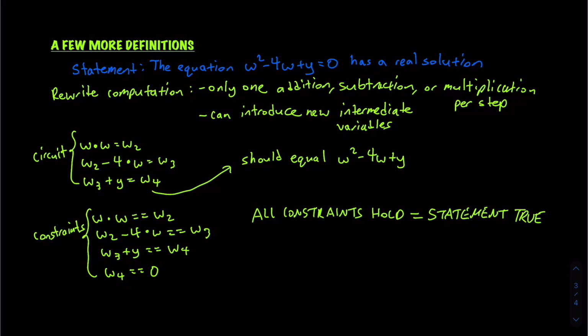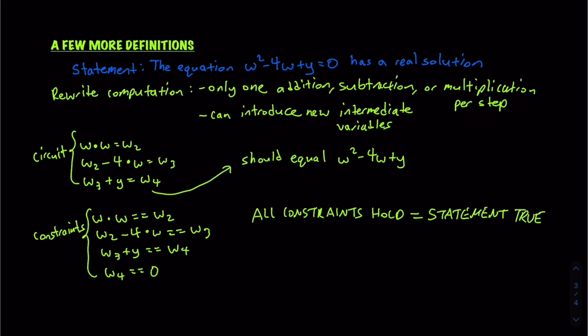Similar to our previous example, you might think the prover's proof would just be the solution itself. So in our example, the values of w, w2, w3, w4, and y. That's possible, but like I mentioned earlier, this would not be zero knowledge, since the verifier learns all these values. Later in the series, we'll develop the math that lets us keep values secret while still convincing the verifier that